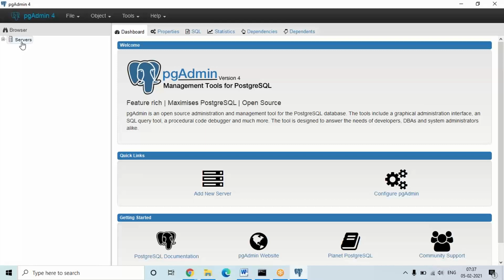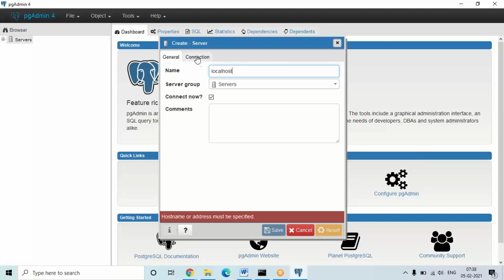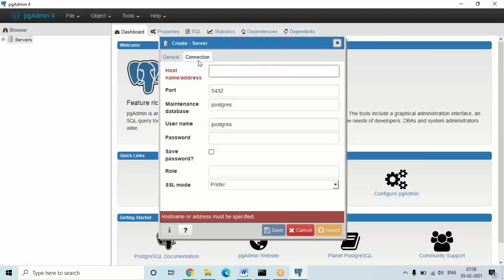See, in these servers you'll get this right now. In my system the connection is already set up, but I'm going to show the process. If you right-click on these servers and click on this option, Server, we need to give some basic details, like the path as localhost. Give it in lowercase, compulsory. Then go to the connection tab. There also we need to give the path as localhost.